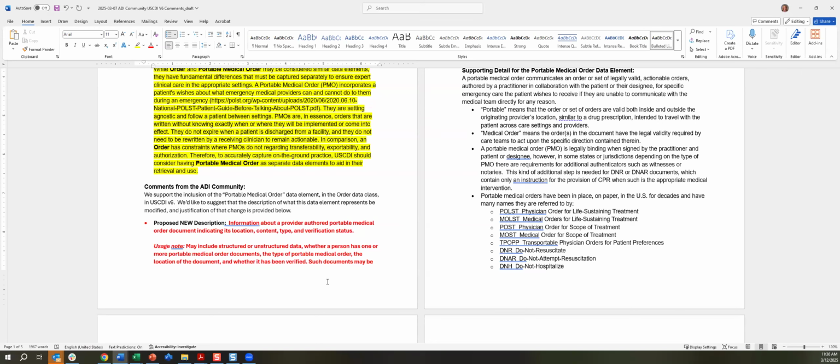The more we can get portable medical orders easily implemented, the better. But the process of doing it without metadata brings